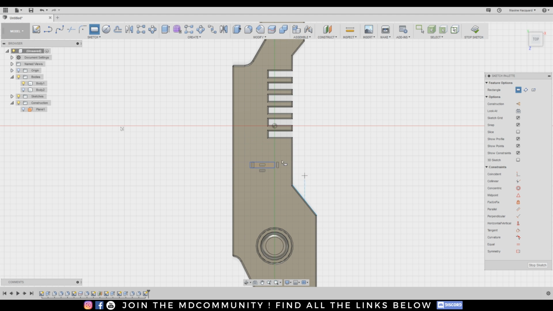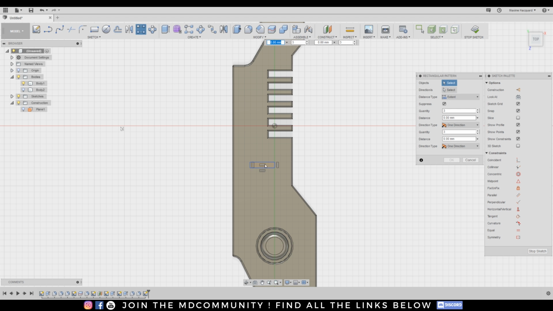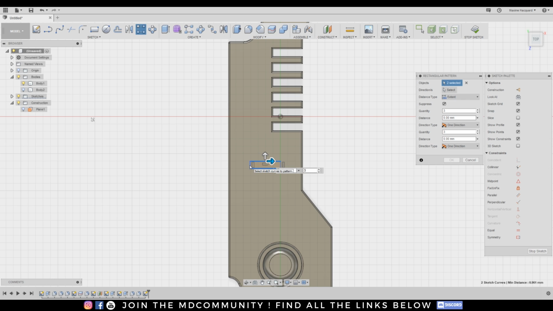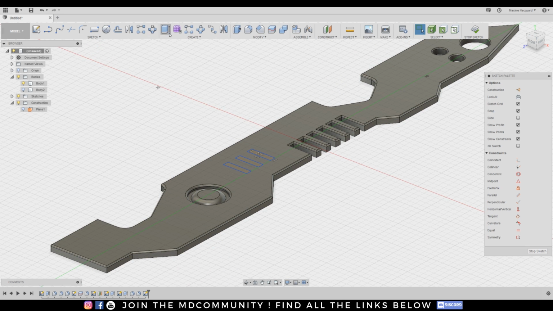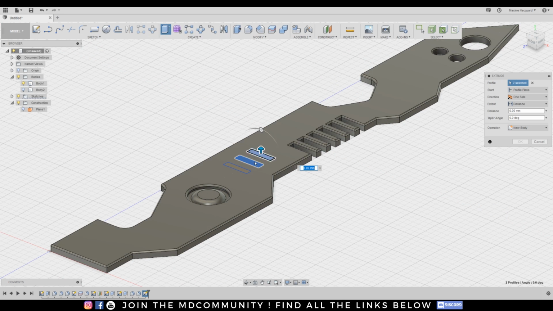I will just add this rectangular pattern just to show you how it works. Okay, as you see, it's just for fun. I'm not making really serious things. Extrude 0.5.